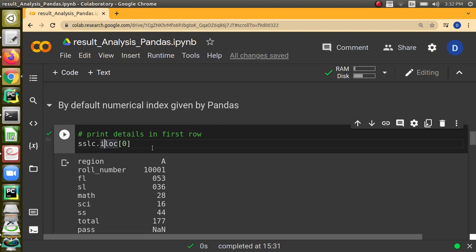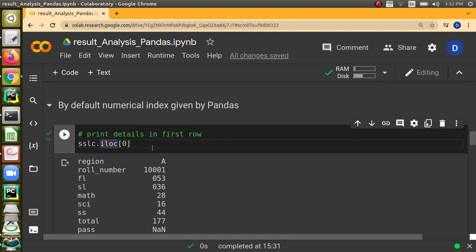Let me just relate once again. When we are going to access a column name, we can just use square brackets. But when you want to access a row, we have to use LOC or ILOC. First I am telling about ILOC. We use ILOC if we are going to use the index given by pandas.